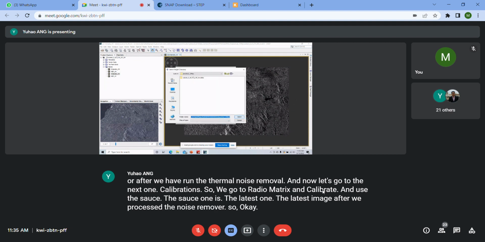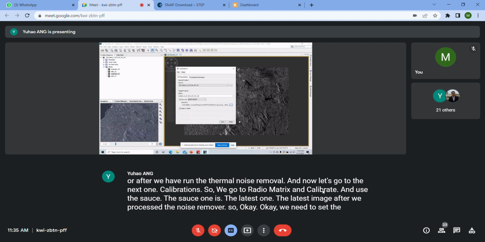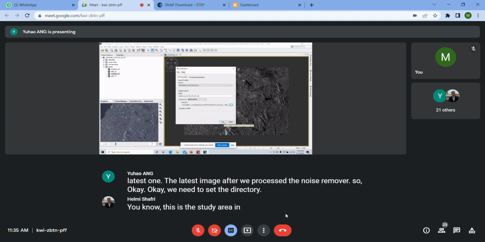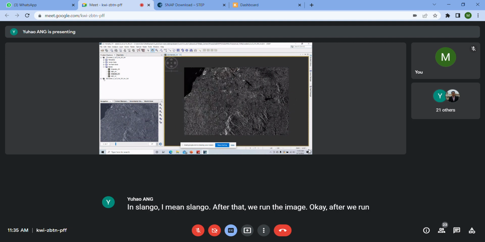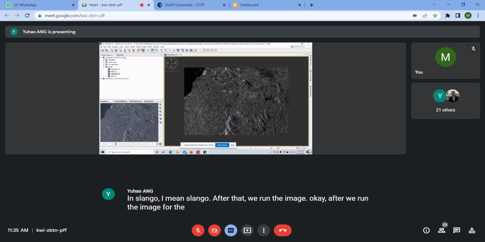Okay, we need to set the directory. This is the study area in Pahang or somewhere else? In Selangor. In Selangor. Okay. After that, we run the image. Okay, after we run the image for the previous image, we no need them, so we can just close the